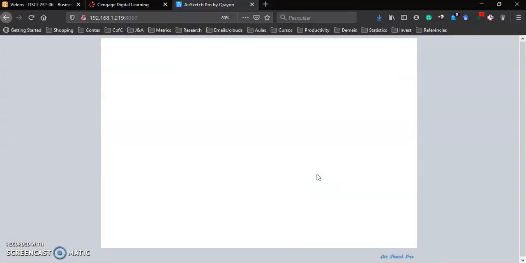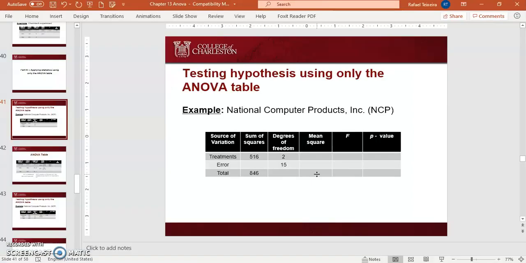So the first step is always come up with the null and alternative hypothesis. Let's assume we have three groups and then we want to test if the groups differ or they have the same mean, for whatever the mean is. I don't know what the mean is in this case, but it's just a hypothetical case. The null hypothesis is that the means are equal, the alternative hypothesis is that the means are different. Okay, all right, now